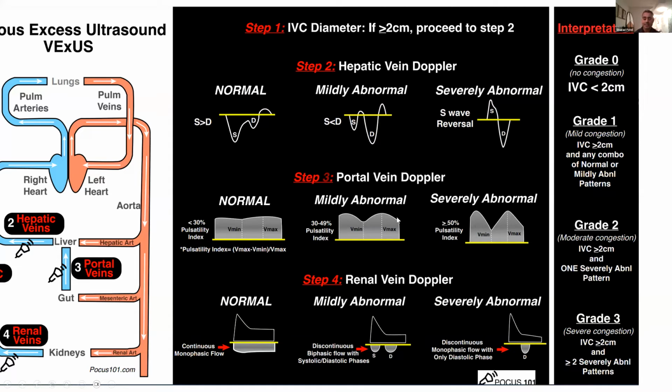The portal vein is kind of interesting, right? It's in the liver, and normally it looks like what a vein should look like. You shouldn't have pulsatility. It should have a flat profile, right? But as the liver gets more congested, right? If you imagine this concept where you have venous congestion, you will eventually get interstitial edema in these organs,